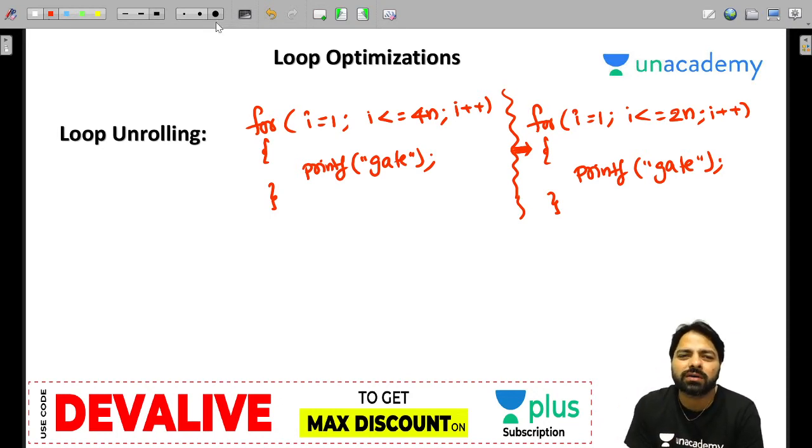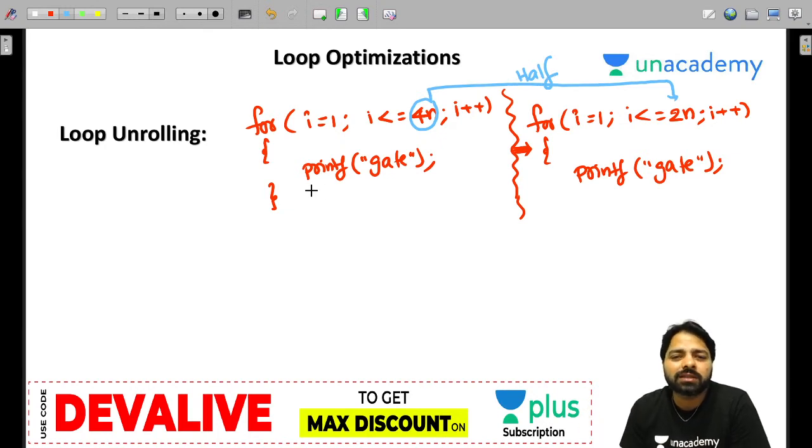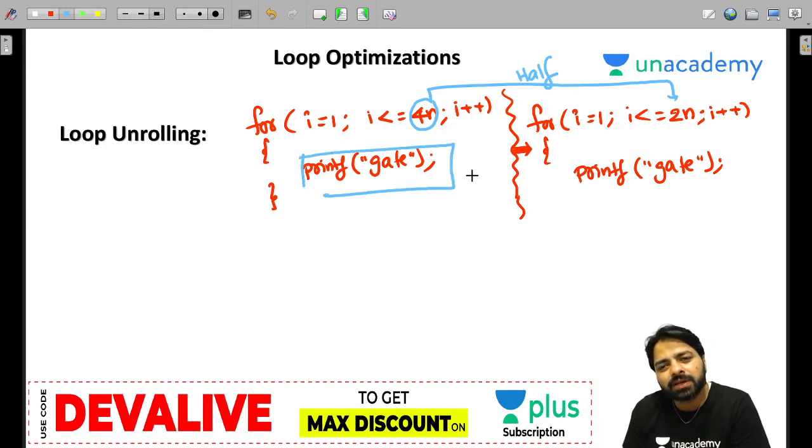But this is wrong. Now I want to print 4n times. What should I do? This 4n, you made it half. Then you need to make the print double. So make double, 2 times you are going to make.